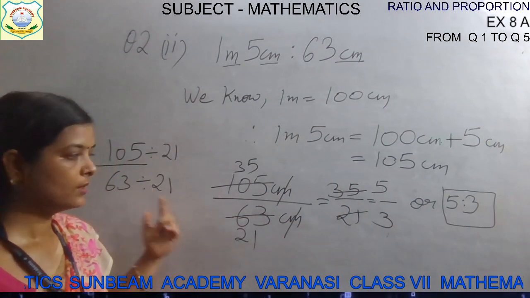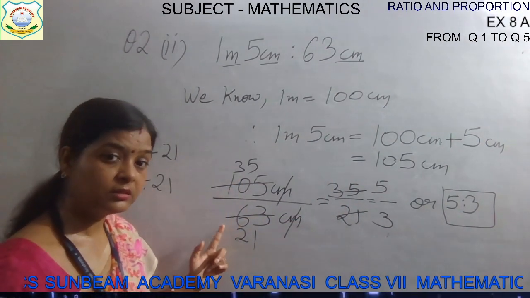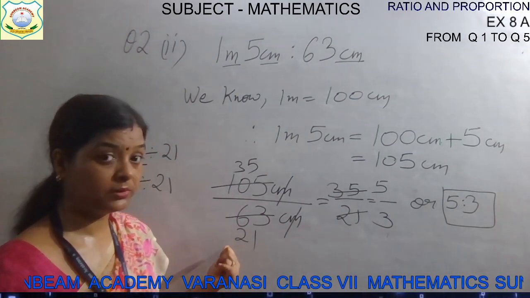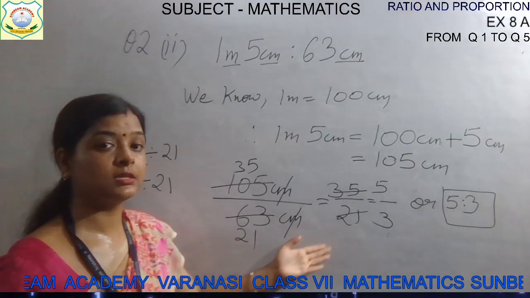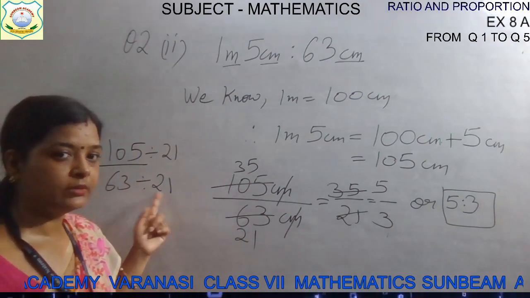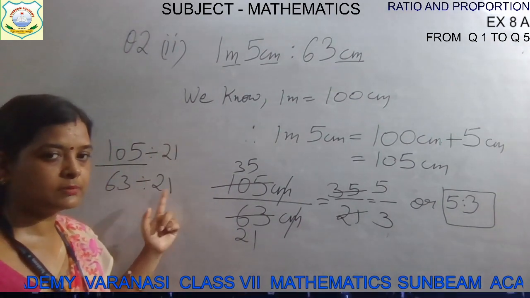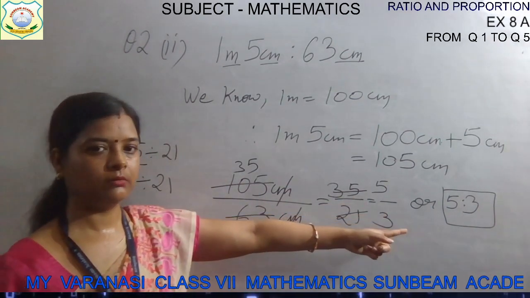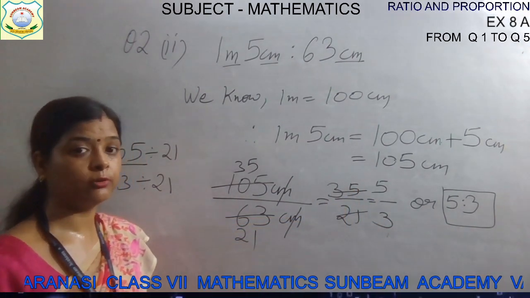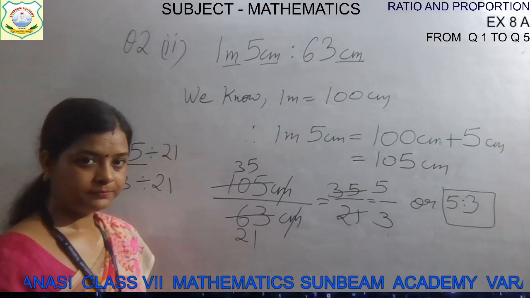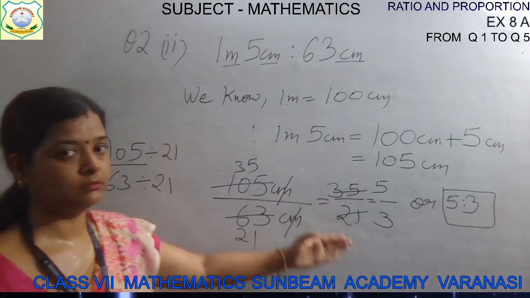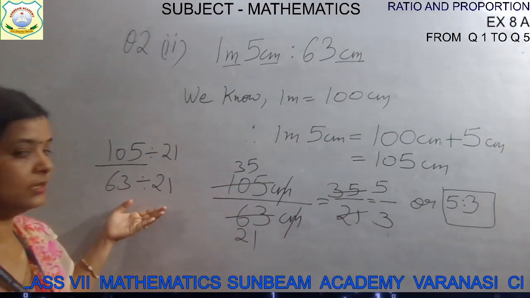Only in one step. But if you will use this one, this is a lengthy one. So, it is your choice. If you wanted to spoil your precious time during exam, you will opt this method. Otherwise, please go ahead with this. Find out the HCF, divide both the numbers by their HCF, and in one calculation, one step, you will get your answer in simplified form. Clear? This is the smart way to do. Either solve in multiple steps or solve it in one step.